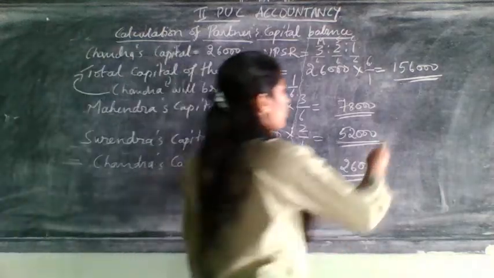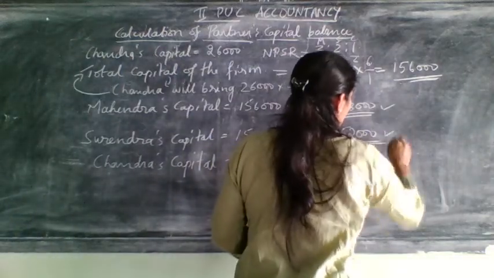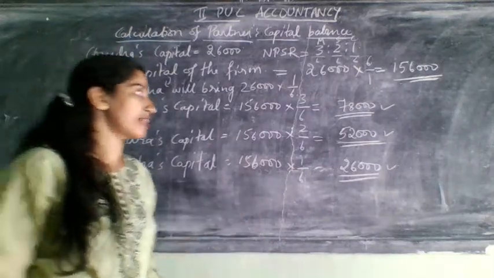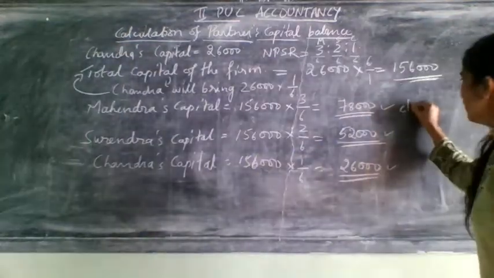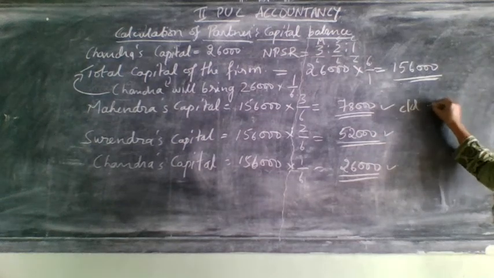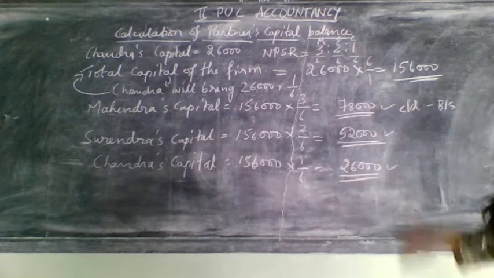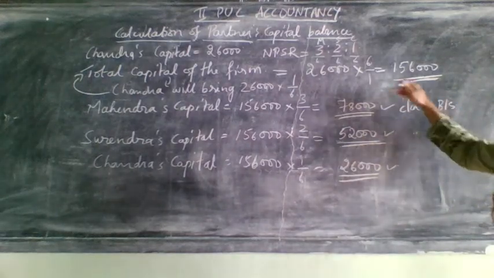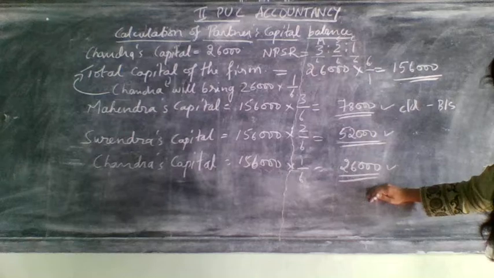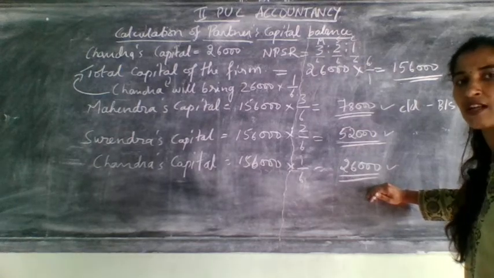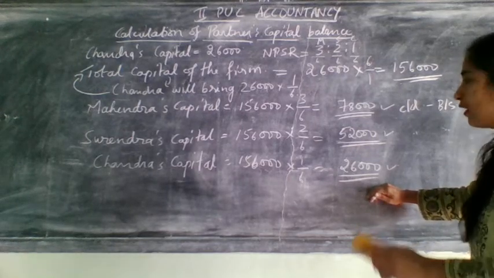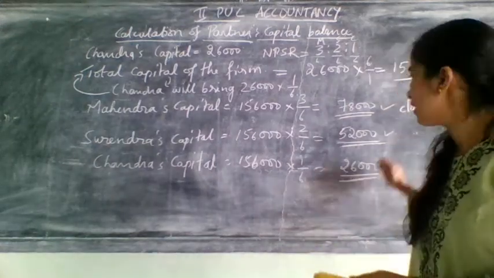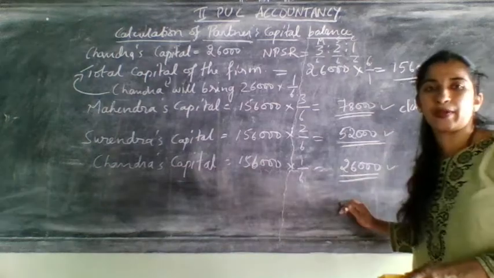Okay. So this amount what you got now, these three amounts are considered as balance carried down in partners capital and to be shown in the new balance sheet. Remember students, these three amounts should be considered as balance carried down in partners capital account and this amount to be shown on the liability side of the balance sheet as partners capital.